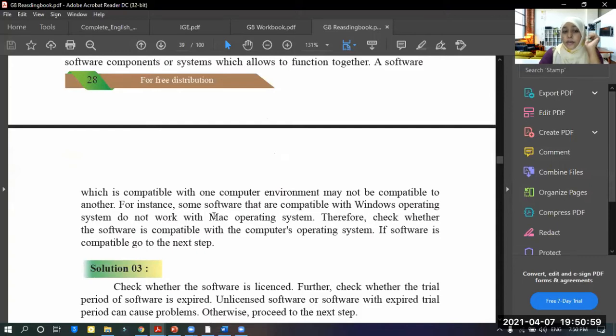For instance, some software that are compatible with Windows operating system do not work with Mac operating system. Therefore, check whether the software is compatible with the computer's operating system. If software is compatible, go to the next step.